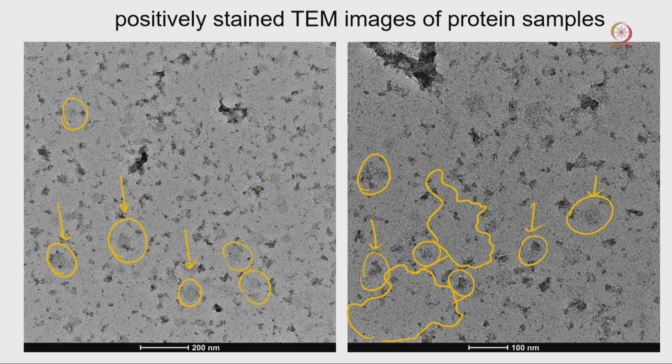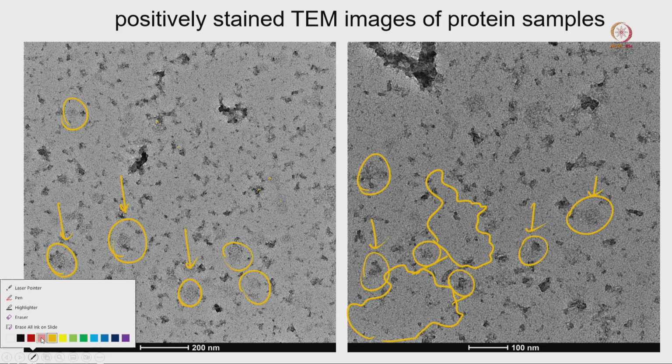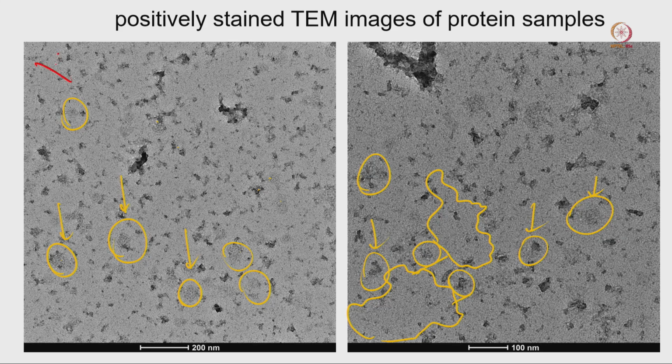It may be a property of the protein molecules that they absorb stain and do not allow the background to absorb the stain, or maybe this is a handling issue, or when we prepared our grid, the grid was not good, and that is one reason the images are not looking good at all. So this kind of image we can always consider not a good image. Definitely we should not consider this kind of image for further study.